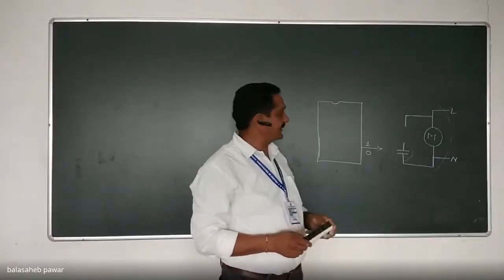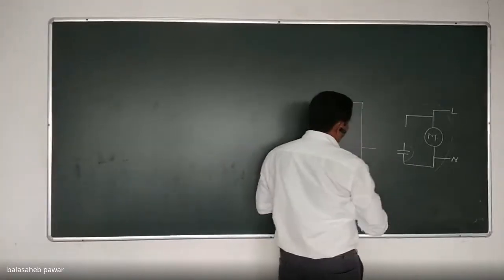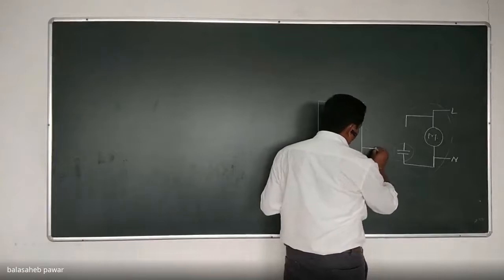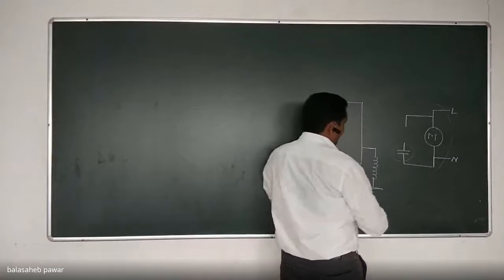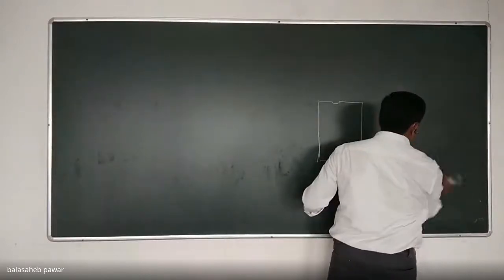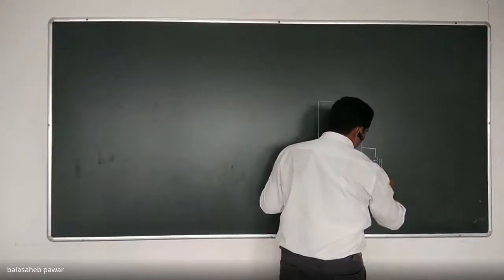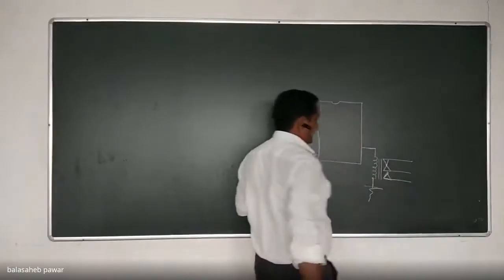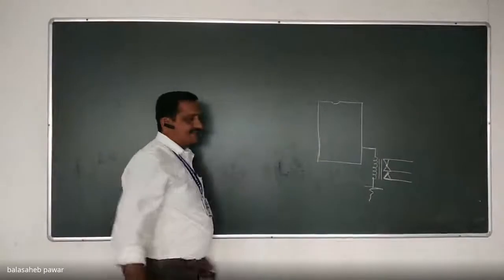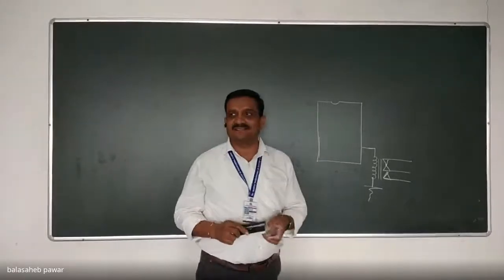How is it to be connected? See, can we connect a relay directly at the output of the microcontroller? As you said, I will just draw that diagram. Your answer is partially correct. Sir, it will need a relay driver. Okay, relay driver. That means we can't connect it like this, no? No. Okay. Why can't we connect it like this?